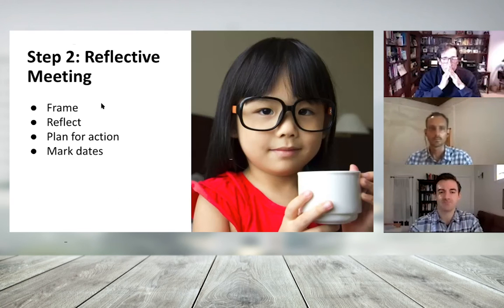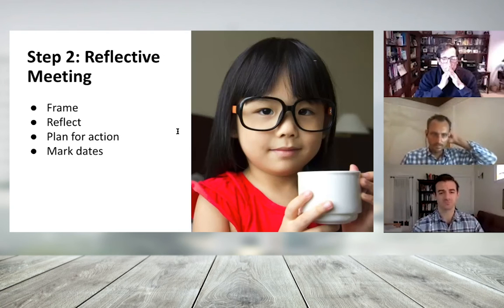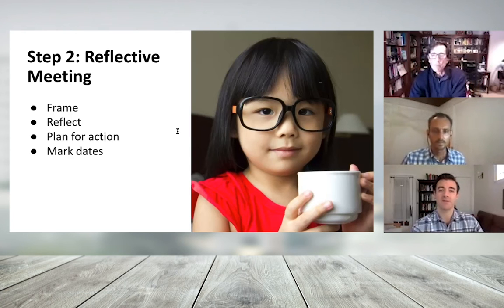These are all questions that we hopefully will have some time to think about and talk about with colleagues. And then the final step of this meeting is really to mark a reminder on the school calendar, also in our personal calendars, for 4 weeks after this first reflective meeting, and then again for 4 or 5 months after the first reflective meeting. And then we're going to want to mark that final date at the end of the year as well, to make sure that we're all checking back in.